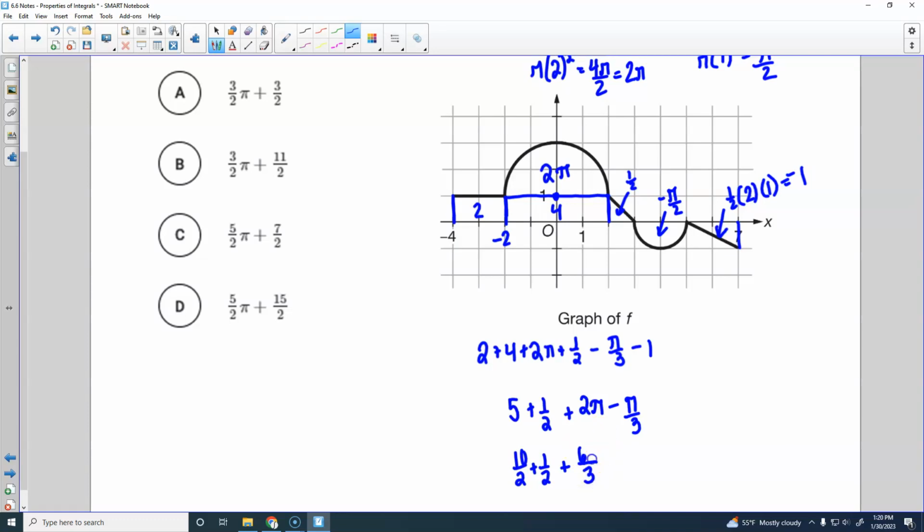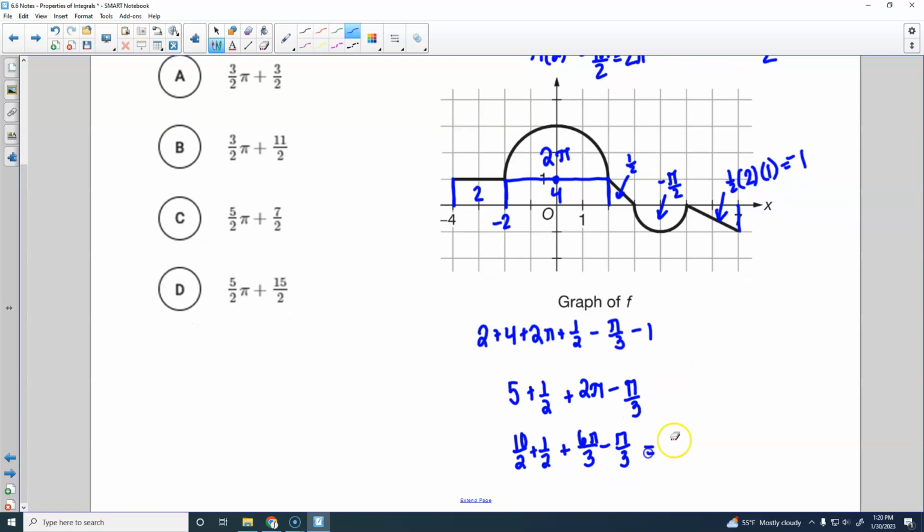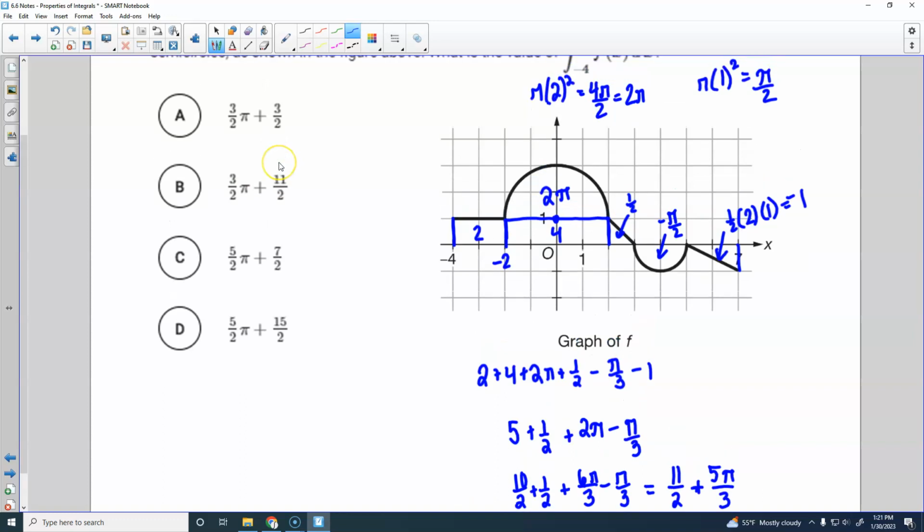So it'd be 6 pi over 3 minus pi over 3. And that would give us 11 over 2 plus 5 pi over 3. There, and they write it with the pi first, so